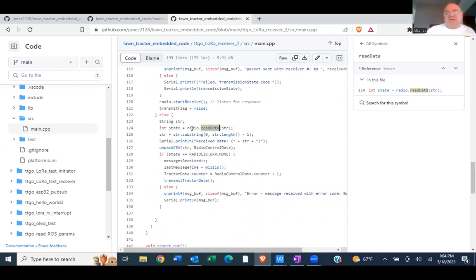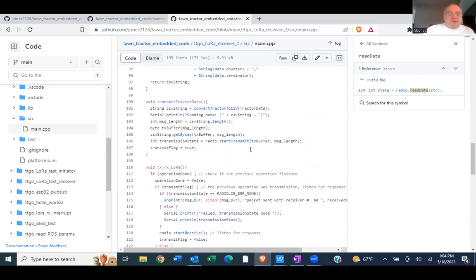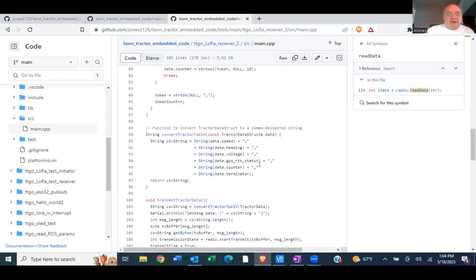He has just a radio dot receive function, and that one is expecting a byte array, and so just reading a string for me seems to be faster, because I was getting a lot of timeout errors when I was using the radio dot receive function and it was receiving the byte array. So switching to a string,